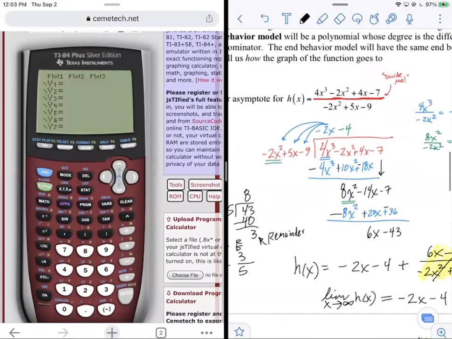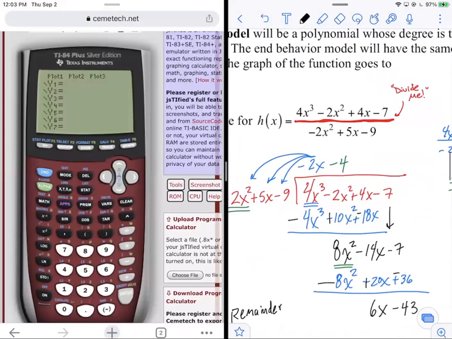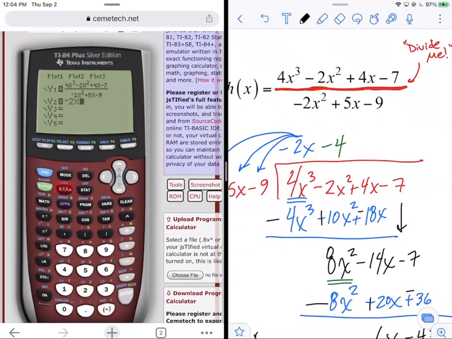So is it worth typing in again just to see? Yeah, okay. I mean, we are an advisor. This is character building, right? Negative 4x cubed minus 2x squared plus 4x minus 7 all over negative 2x squared. If you're doing this at your desk, you're probably ahead of me. And now I will graph negative 2x in y2, negative 2x minus 4. Okay, and if we just hit zoom 6,